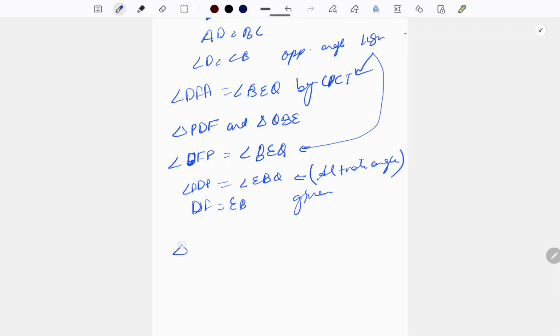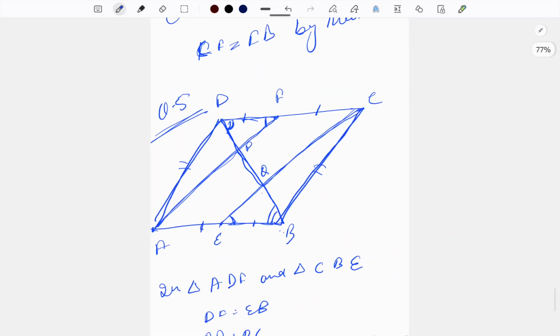we can say triangle PDF is congruent to triangle BQE. Therefore, DF is equal to DP is equal to QB by CPCT. This is done. These are congruent. This we have one. Now, if we'll take two bigger triangles, if we'll take this and this, okay,